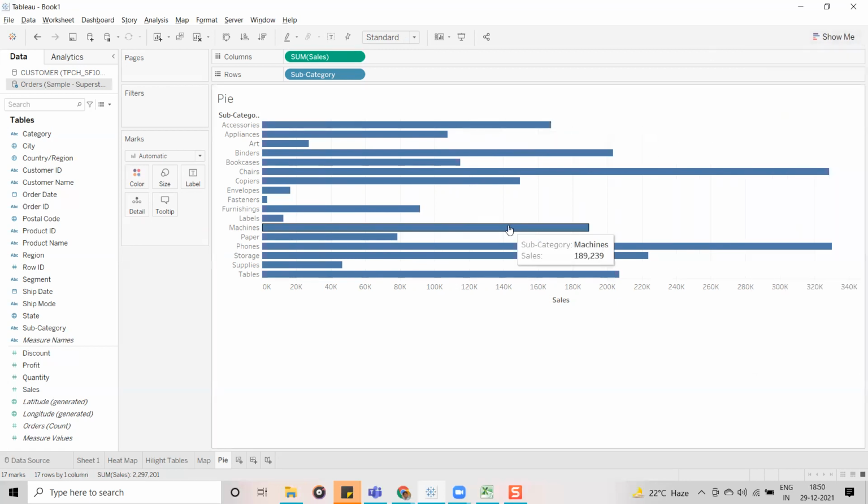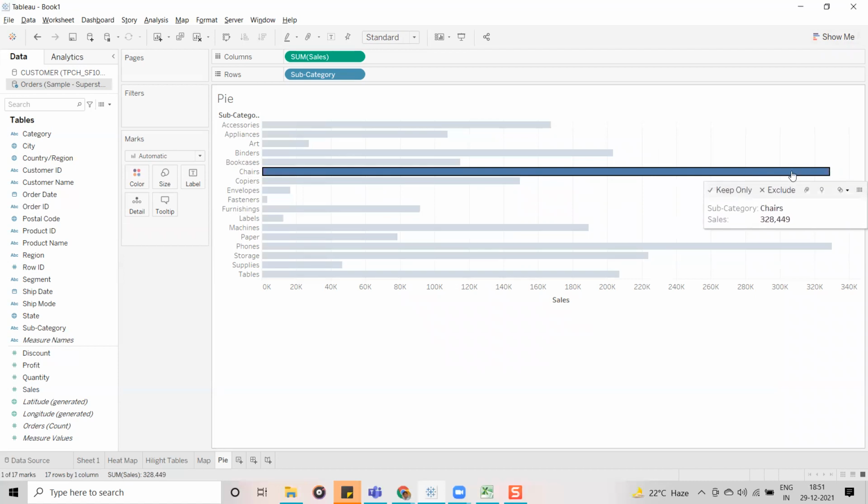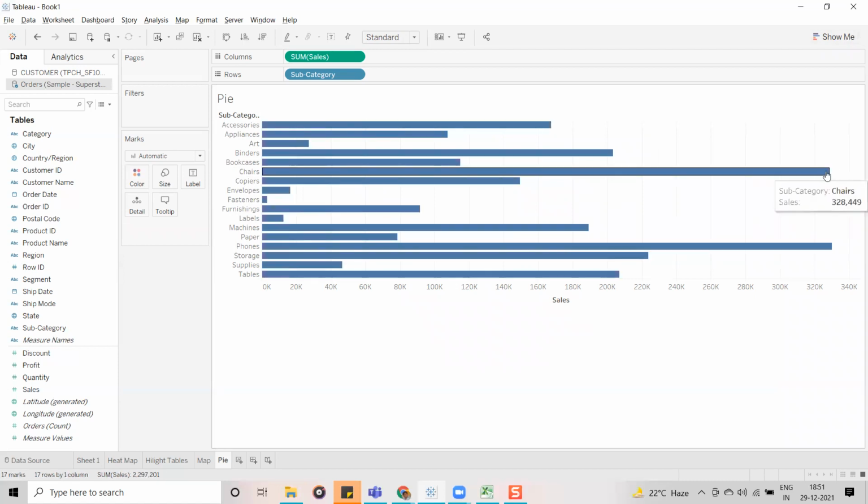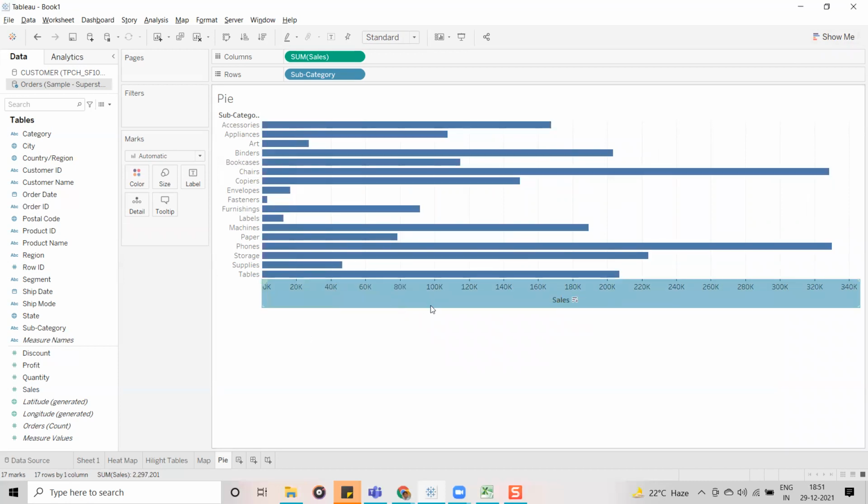It is similar: whichever mark has more length or height, we can say it has more sales. Whichever has less height, like this one, which is 3024, has less. This is also for comparison purposes only.